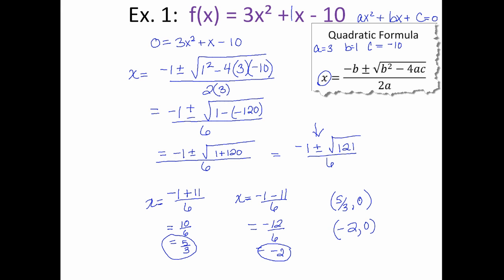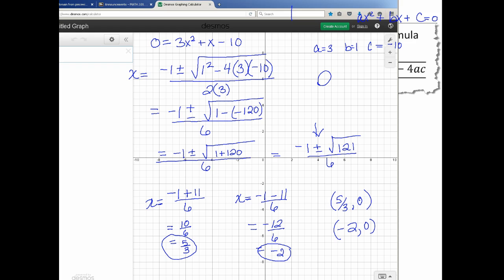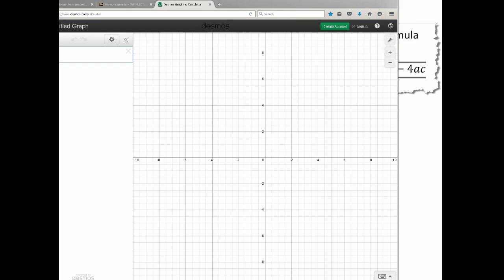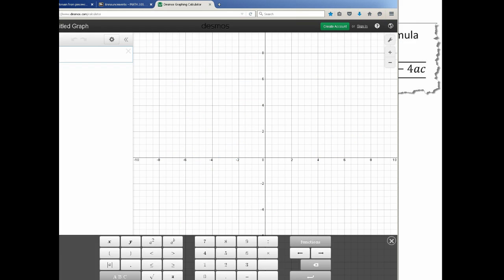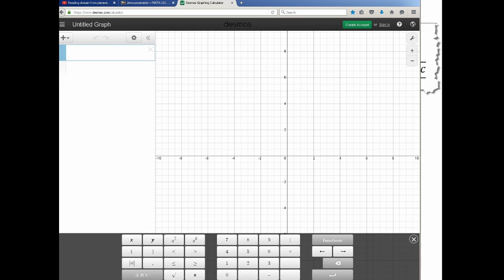I would go to desmos.com and I would plug this in. So let me clean that off of there and go to Desmos. Scoot this over so you can see it. Alright, so let's just plug this in. Let's go 3x squared plus x